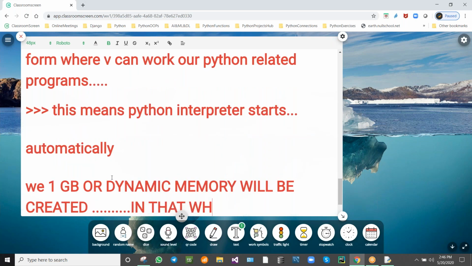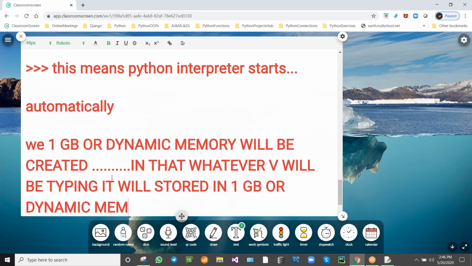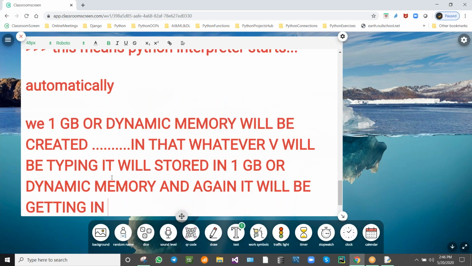In that, whatever values we type will be stored in the 1 GB of dynamic memory, and again it will come back as an output.